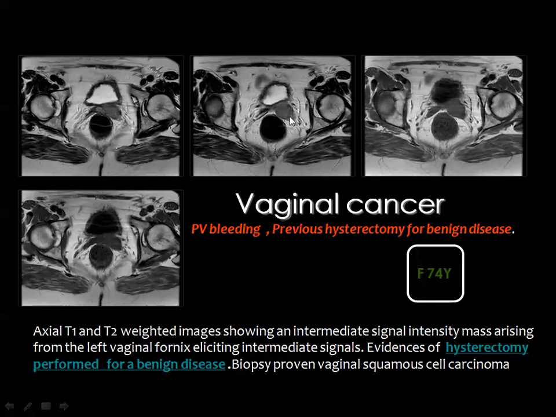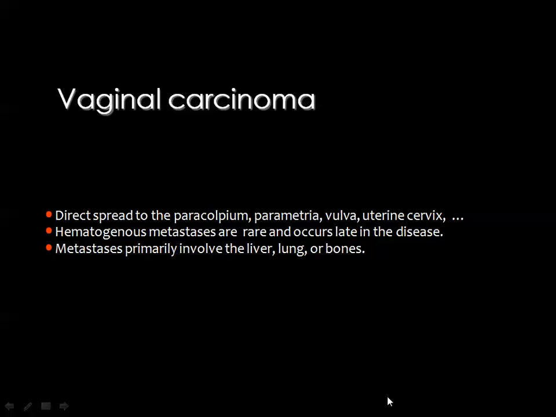In the T2 weighted image, you see an intermediate signal lesion, and also in the T1, if you inject contrast, the lesion will show some enhancement. And vaginal carcinoma usually spreads directly to adjacent pelvic structures or proximally to the uterine cervix, distally to the vulva, and they also may spread by hematogenous route, giving metastases somewhere in the body, and this is rare, and they may affect the liver, the lung,